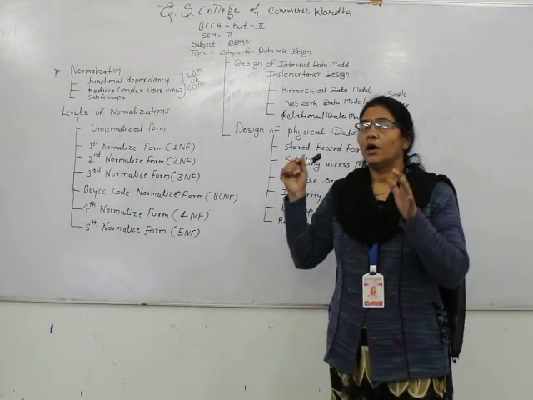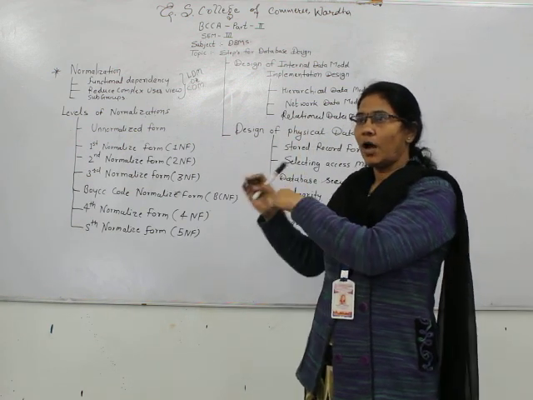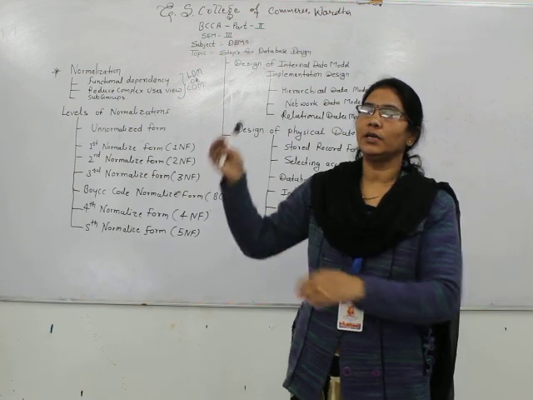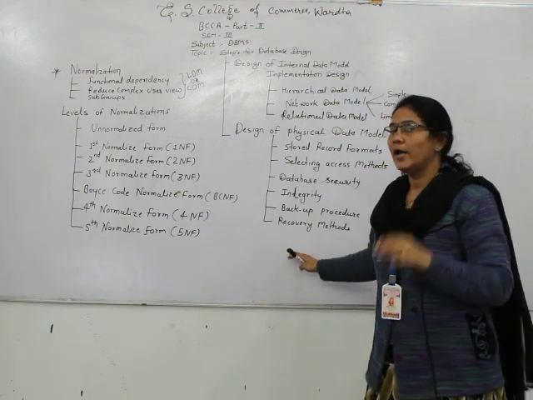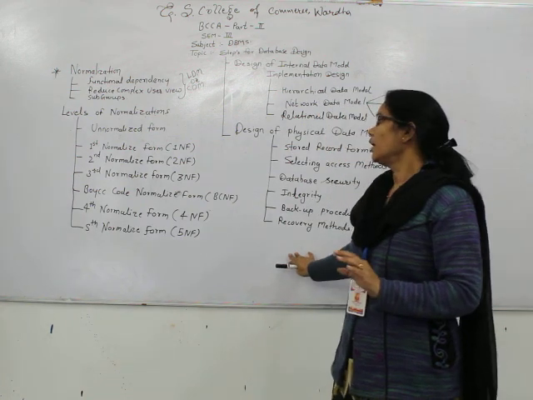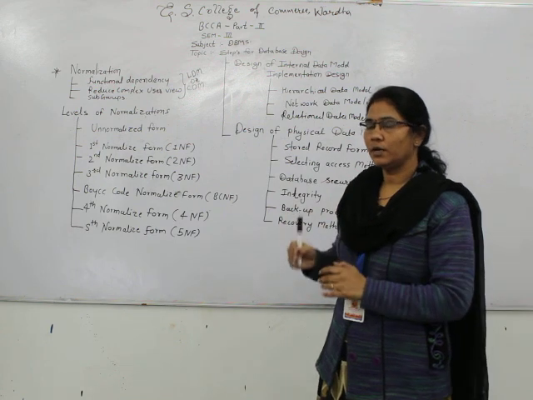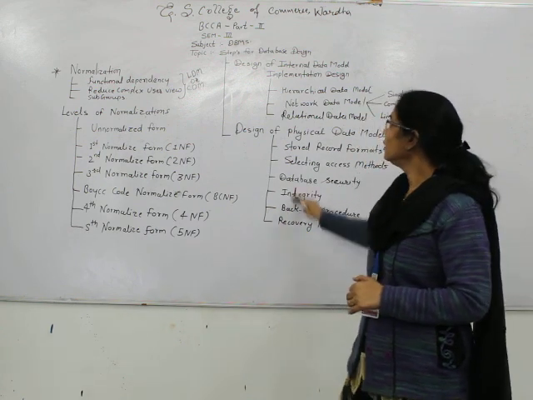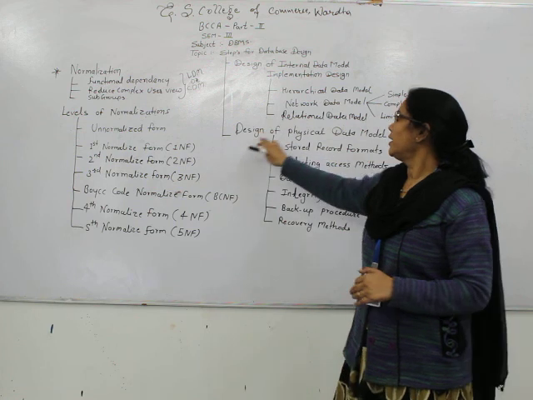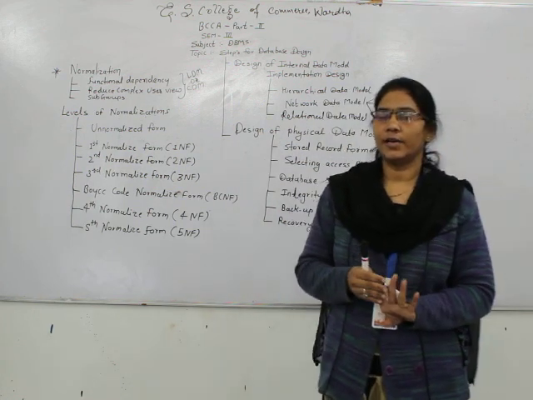That means whatever data we decided to store in the database, how that data is actually present in our database and stored in our secondary storage memory location, and how much data we are going to store there, will be decided by the design of the physical data model. Those are the 4 steps of designing the database.